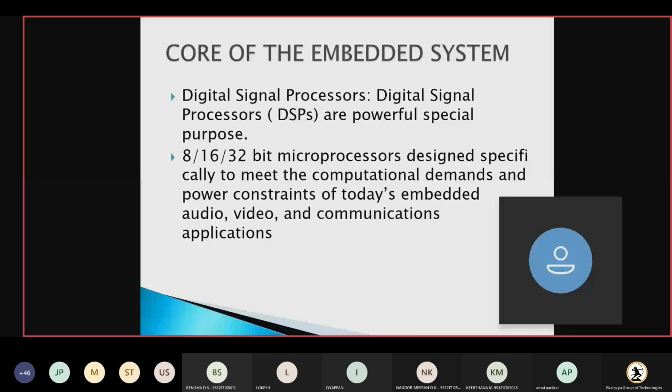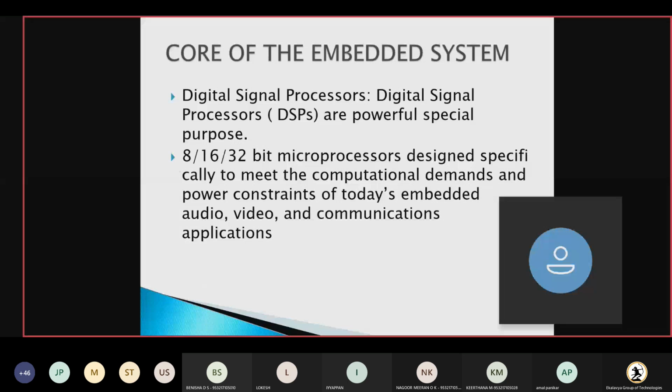These digital signal processors are utilized in signal processing applications. Wherever we have a signal processing application, for example in an embedded system with digital signal processing, there we utilize this DSP. The DSP consists of program memory, data memory, computational engine, and IO units, all of which are present in the DSP.